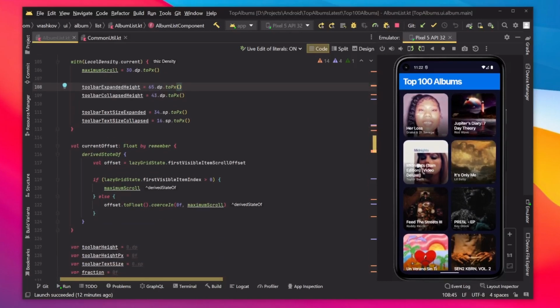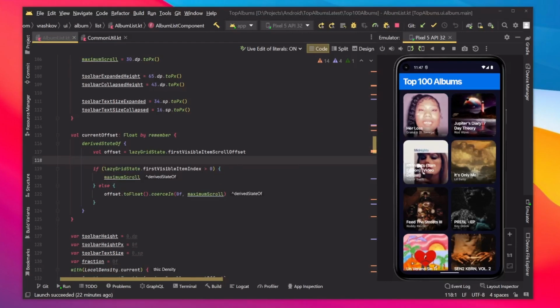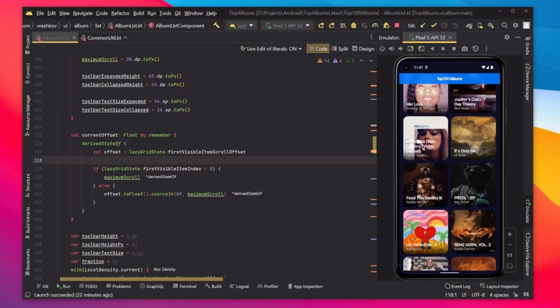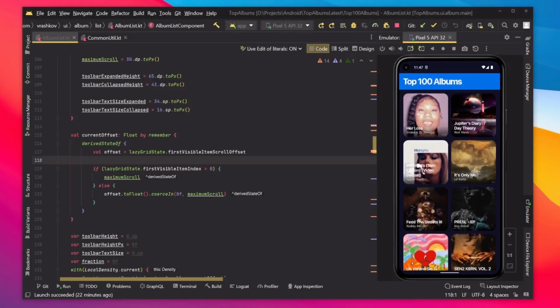And we're going to do that by creating a new variable, which is going to be current offset, and we're going to be using derivedStateOf. So we ensure that our composition is not being recomposed too much. So we should be just scrolling smoothly without any lag. Well, inside of it, what we have here is an offset, which is how we're going to be calculating our